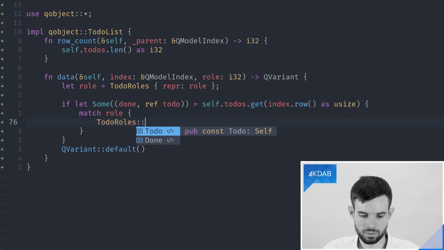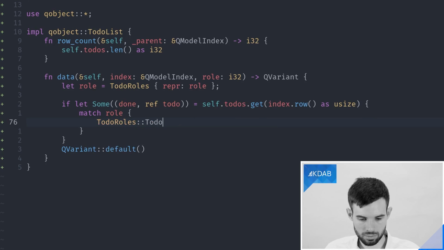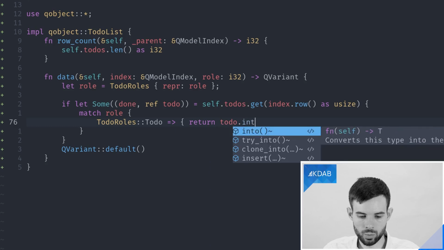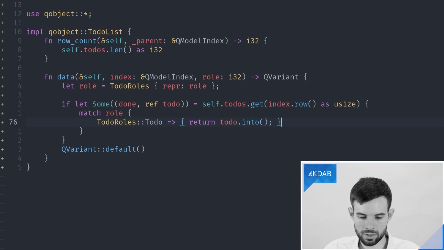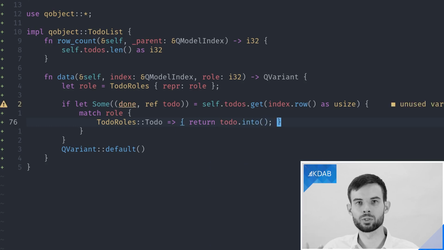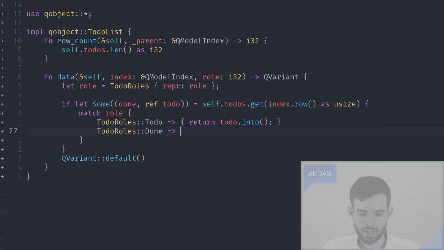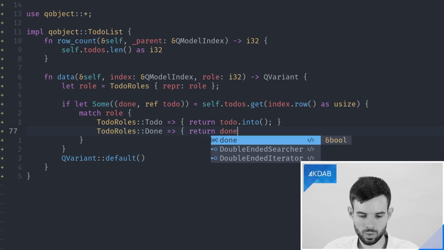So if the role is the to-do, so basically asking what is the to-do that we want to display, we want to return our to-do itself, which in this case is a QString, and we want to convert it into a QVariant, which we can simply do by calling .into, or we could also do QVariant::from. So this is very similar to converting a Rust string into a QString. And the same goes for our second role, which will be